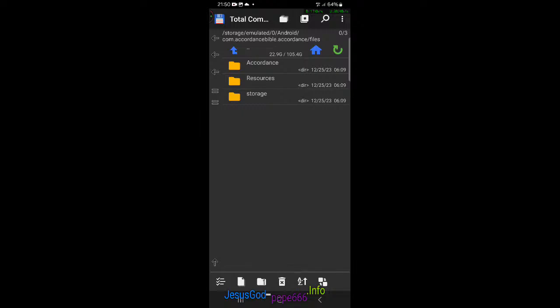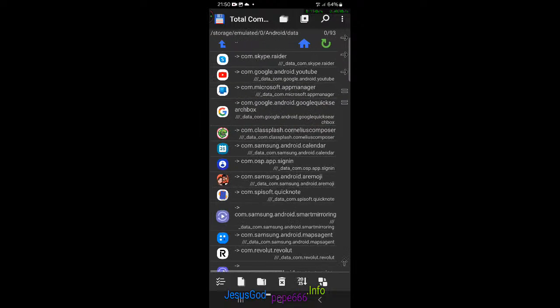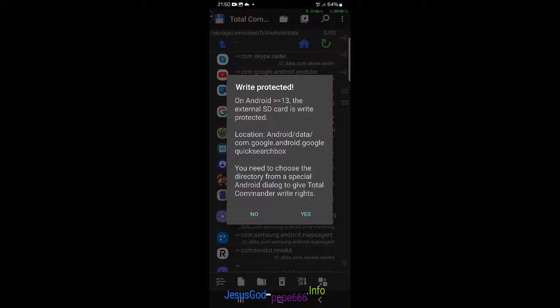I've moved it here, but I'm not allowed to go into these on Android 13 or higher. The external SD card is write protected. Oh really? So this is more bullshit that just makes it much more difficult for the user. That gives the user even less power, as it usually goes with these bullshitting things. So I can't do it. I can't just move the folder over. So at least that would have been nice.